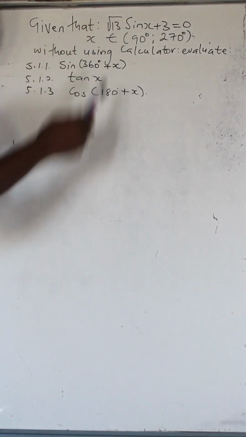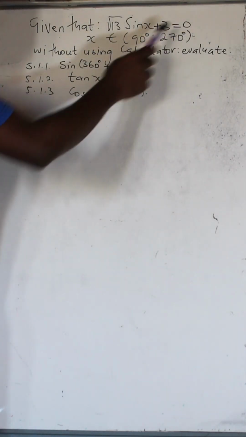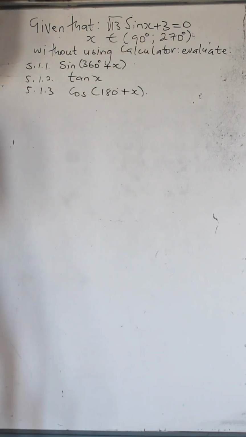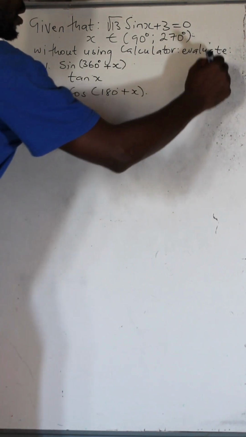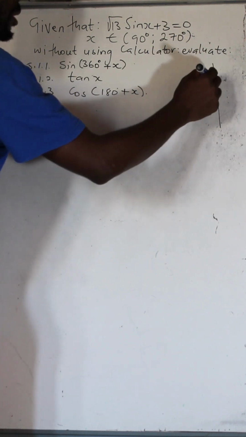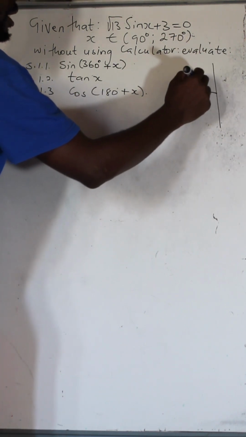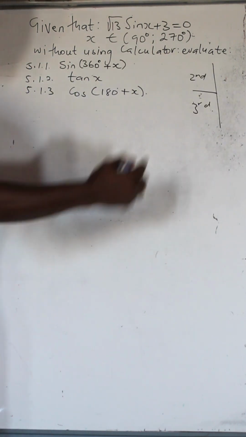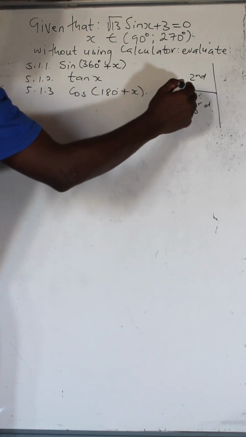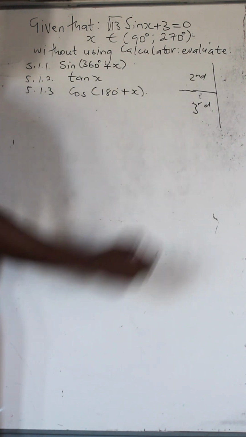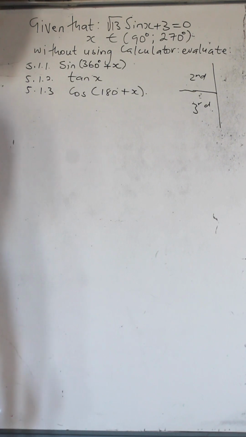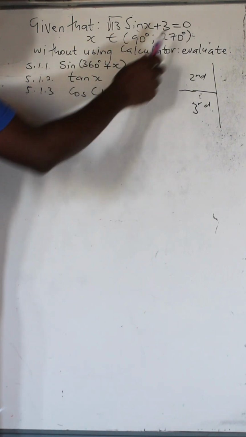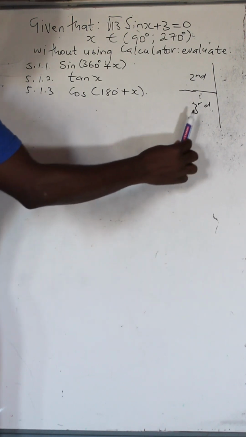Given that root 13 sine x plus 3 equals 0, x is an element of 90 degrees and 270 degrees. So that means x should be between the second quadrant and the third quadrant. Okay, so it's defined in any one of these quadrants. That's 180 and 270 degrees. So if it is sine, and then we find it to be negative, that would mean that it's in the